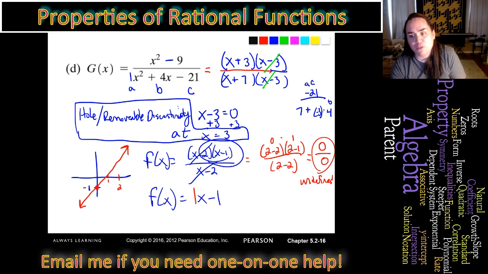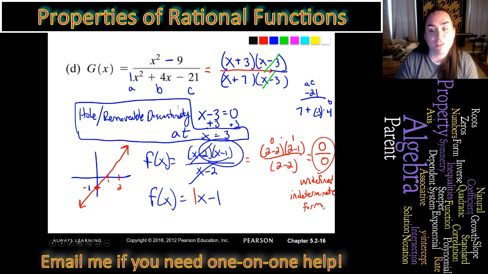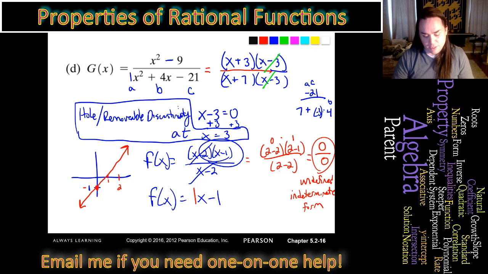In fact, we have a special name for 0 over 0. It's called indeterminate form. You get into that when you start to take calculus. You'll learn about L'Hopital's theorem. So it's a whole thing. So what we end up doing at this point is you make the line, except at 2 you put an open circle. The calculator and the computer